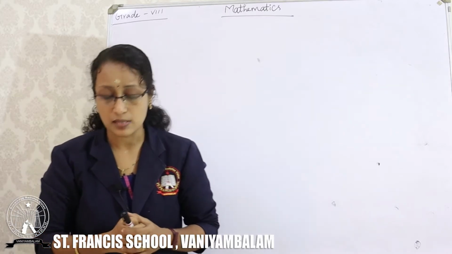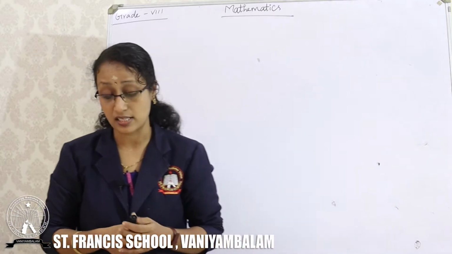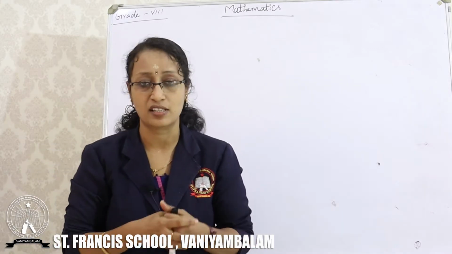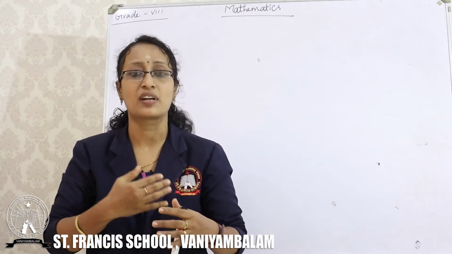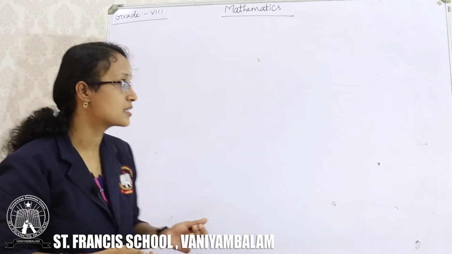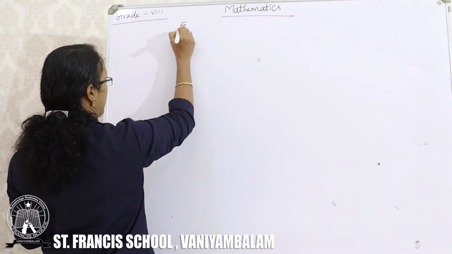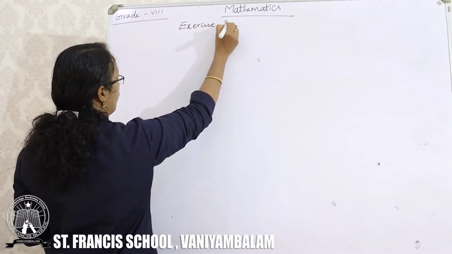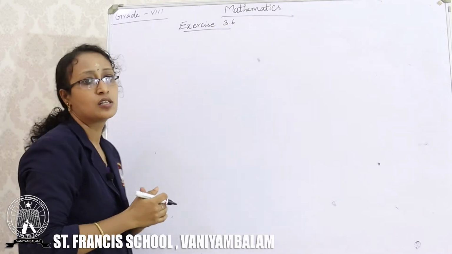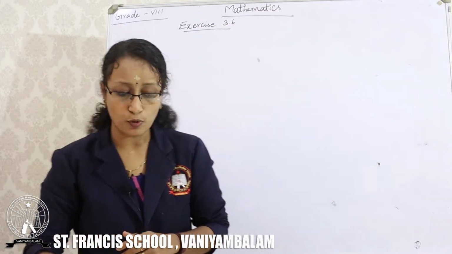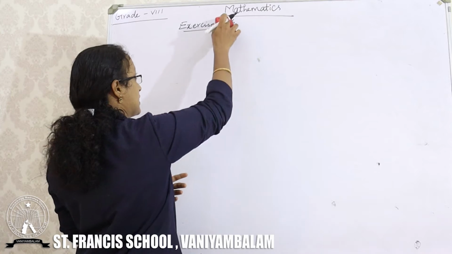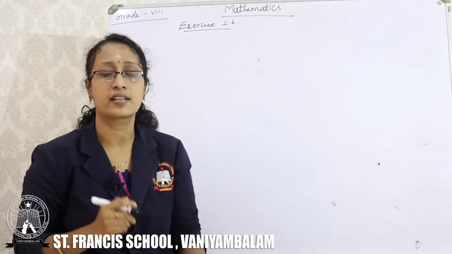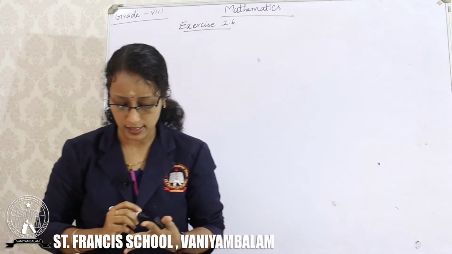We are going to discuss page number 35, exercise 2.6. So you have the expression in fractions. So how will you make the fraction to a linear form? Let us see. Exercise 2.6, second chapter, and this is your sixth exercise, exercise 2.6.